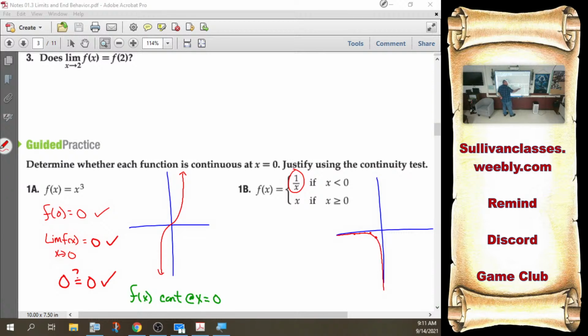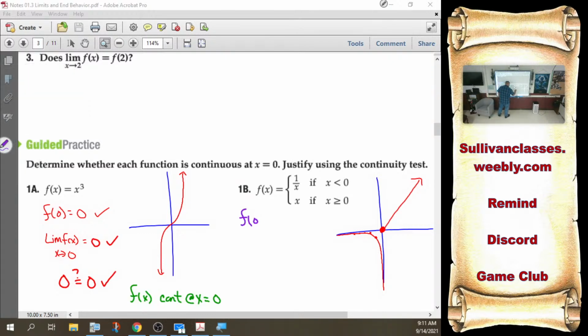So all the way until I hit 0, I'm going to follow that portion of it. There is more to this graph on the other side, but I don't care about it because I only follow this rule before 0. After 0, I'm going to follow just a regular old y equals x. Start at 0, slope of 1. Okay? So that's what the graph looks like. I follow this rule before 0, I follow that rule from 0 and beyond. Now that I have that, run the test.